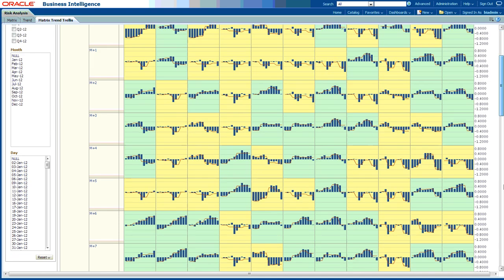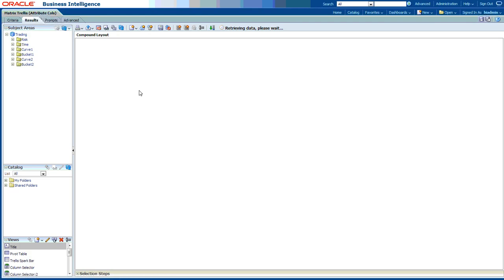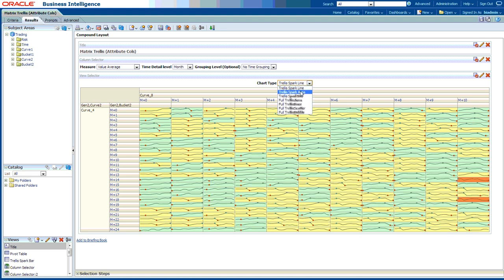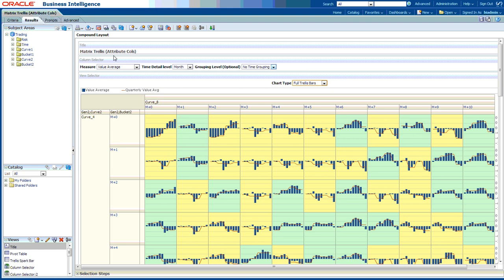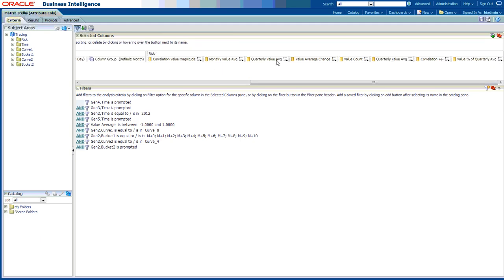So in order to do that, I'm just going to go and analyse this particular report. So that takes me away from the dashboard, takes me into the answers interface. This is the same report that's there, so I can go and see those trellis bars that we were just looking at. But effectively what I want to do is modify this quarterly value average metric in the criteria of the report. So I go to the criteria, find the quarterly value average function, and I'm going to edit the